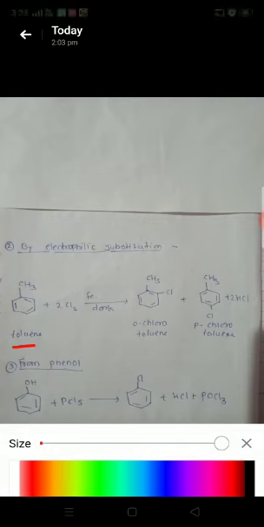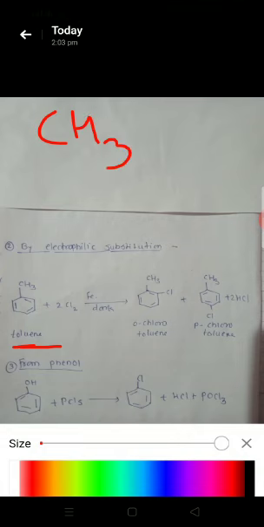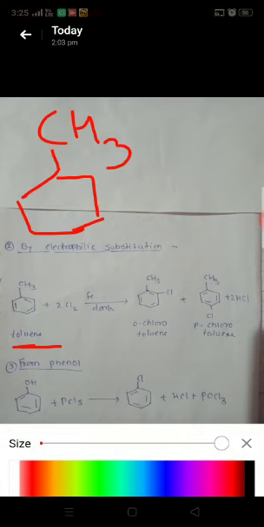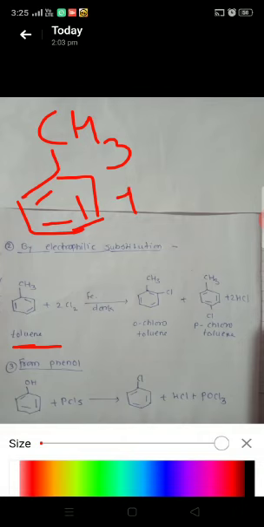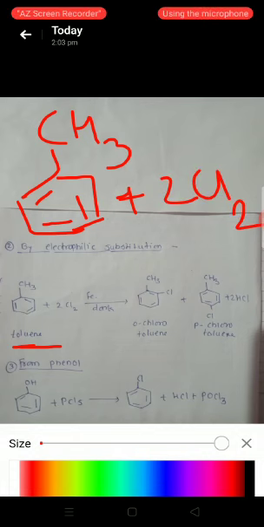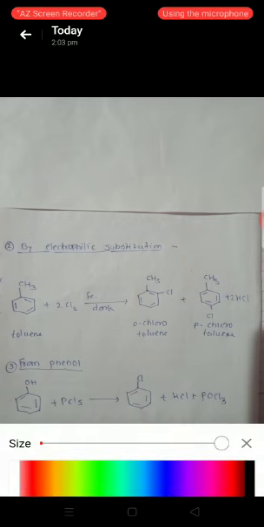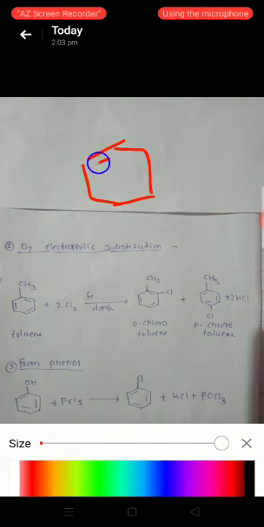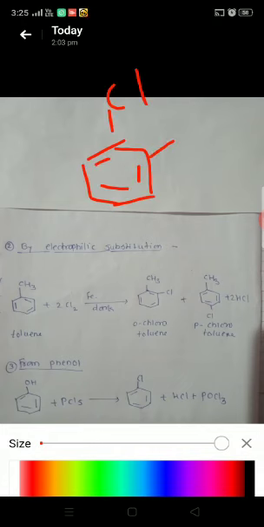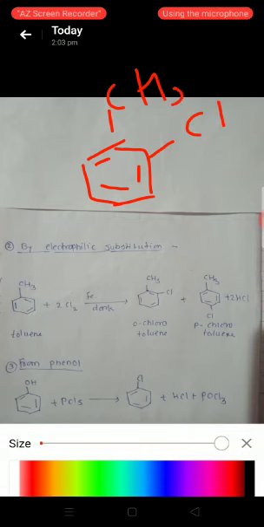See here, this is a molecule of toluene. CH3 group is attached to benzene ring. This is the toluene molecule, and when we add Cl2 molecule, then one of the chlorine may attach to the ortho position. See here, this is toluene molecule, CH3, and one of the chlorine is attached to the ortho position, and next chlorine is attached